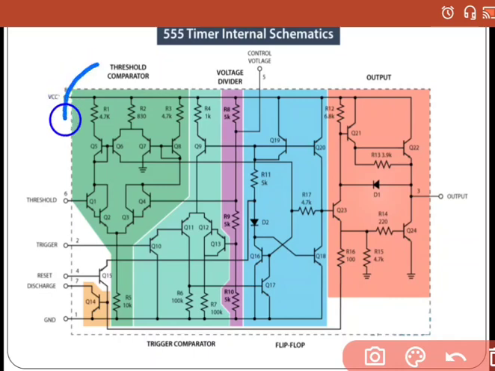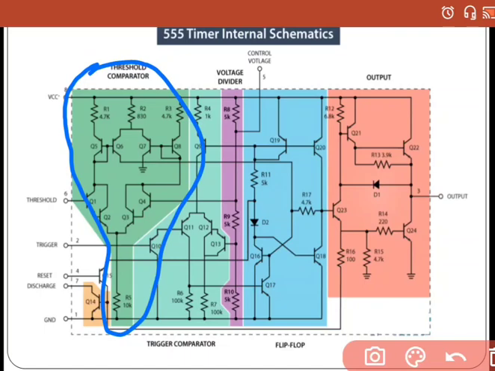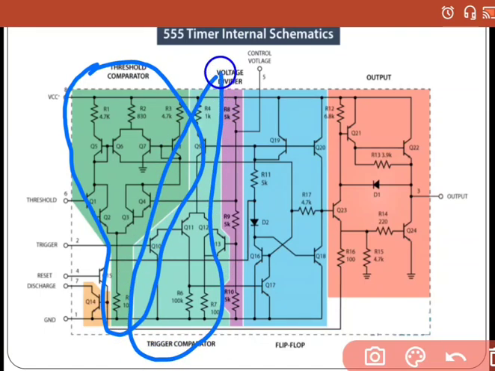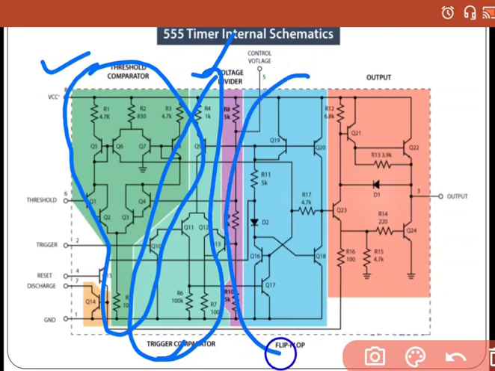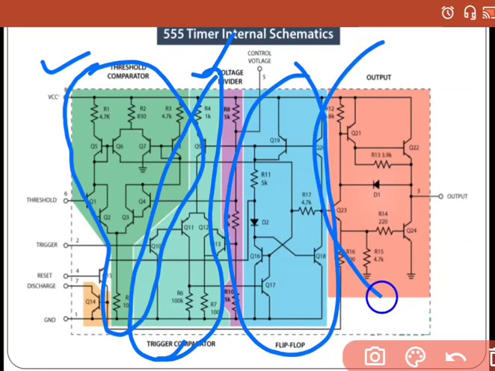This is making a comparator circuit. This is a trigger comparator. This one is a threshold comparator. This is a trigger comparator. This is a voltage divider circuit, and this is the flip-flop circuit, and this is the output circuit, and this